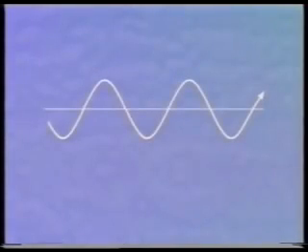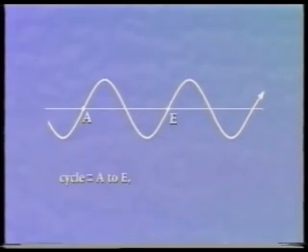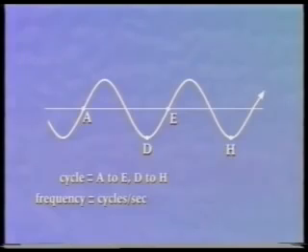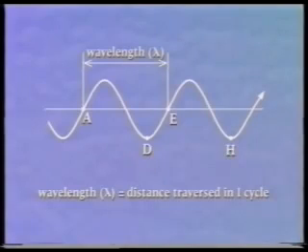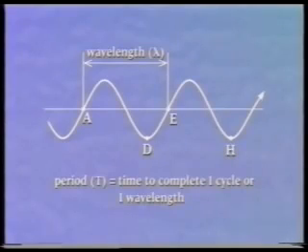In their simplest form, electromagnetic waves can be considered as periodic sinusoidal waves. The wave completes a cycle in moving from such identical points as A to E or D to H on the wave, and the number of times it does this in 1 second is known as the frequency of the wave, which has units of hertz. The wavelength of the wave is the distance it traverses in one cycle, and is usually given the symbol lambda. The period is the time taken by the wave to travel through one cycle, and is usually represented by t